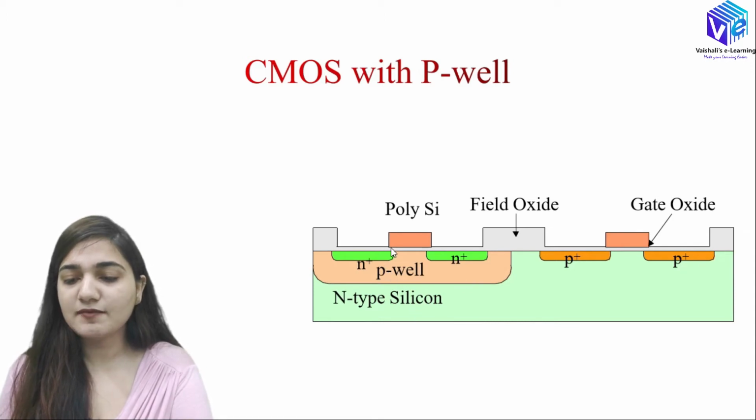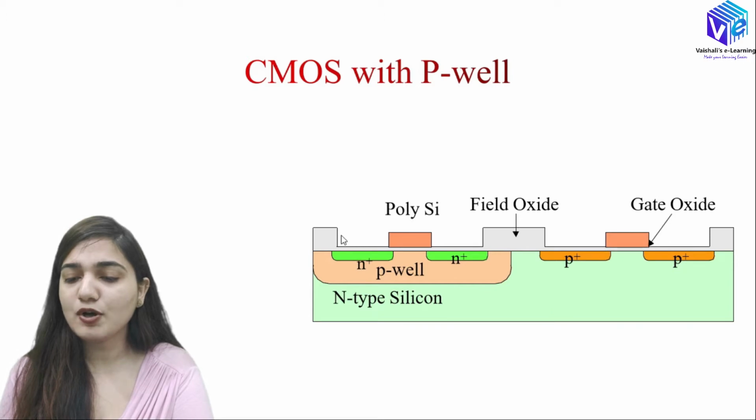In the N type of silicon we have P well, in which I can dope N plus regions, or here in the N type structure we can dope P plus region, and this is how we can form the CMOS. We will be having a polysilicon layer over that, and we will be having the field oxide layer, which can be used for the